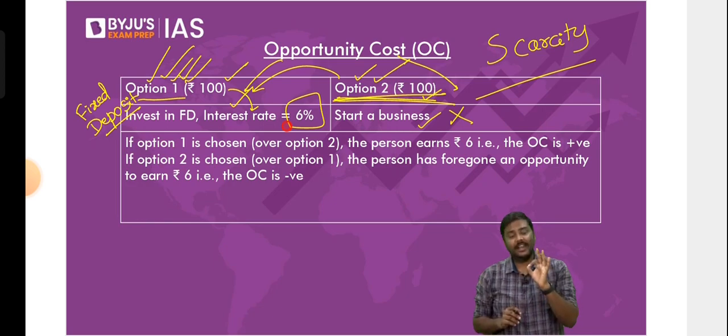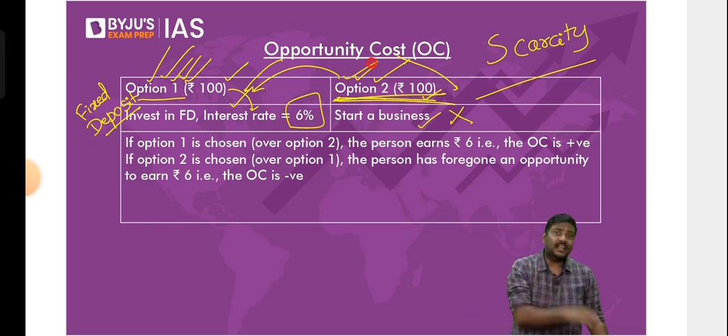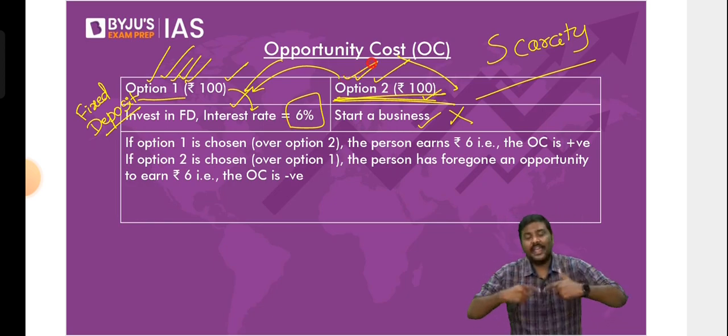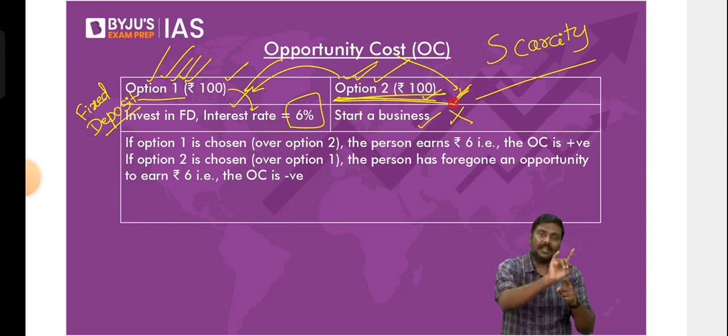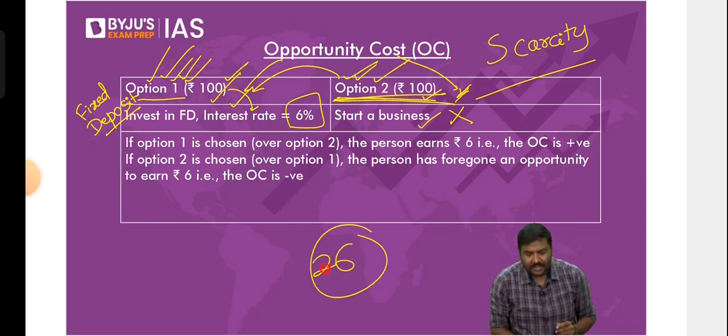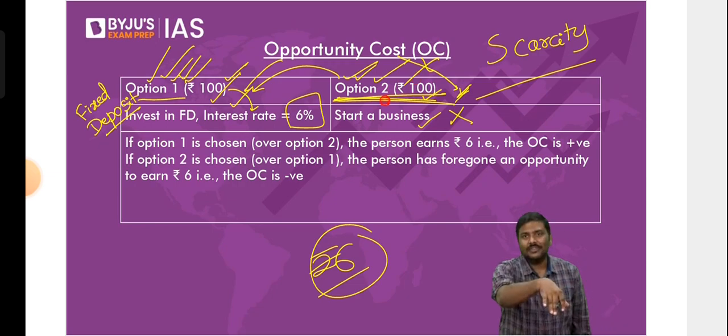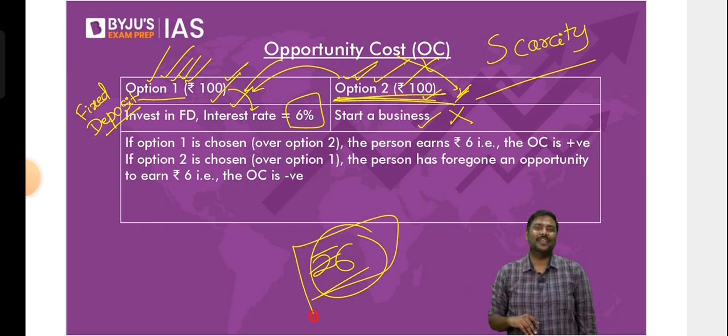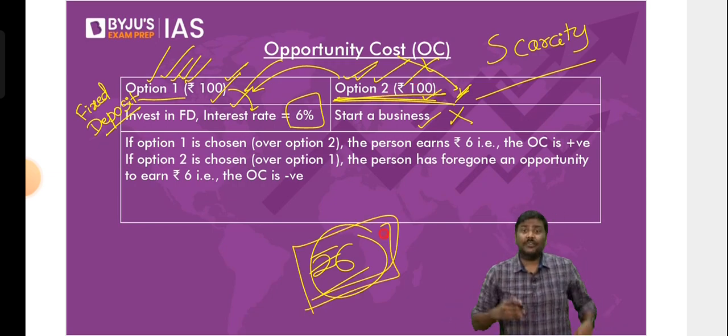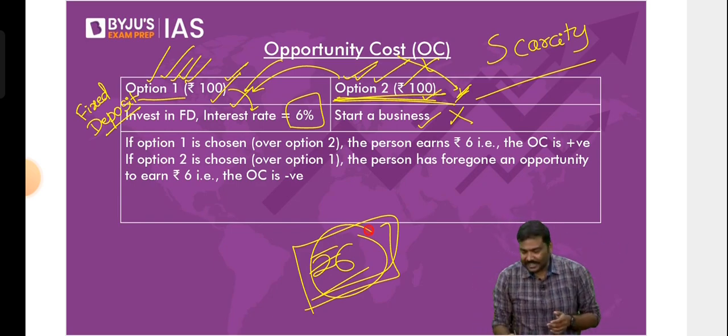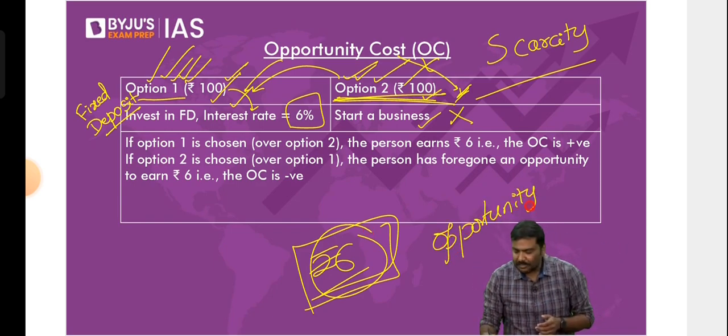I'll repeat it again. You have chosen the second option by sacrificing option 1. After 1 year, you're looking at it and saying, rather than investing in the business, if I had kept that 100 rupees in the bank, I would have earned 6 rupees. But today, I've not taken that route. I did not use option 1, rather I chose option 2. So I don't have this earning of 6 rupees today. I know the 100 rupees investment is there, but that 6 rupees which I could have earned in the FD is not there with me. This is nothing but the concept of opportunity cost.